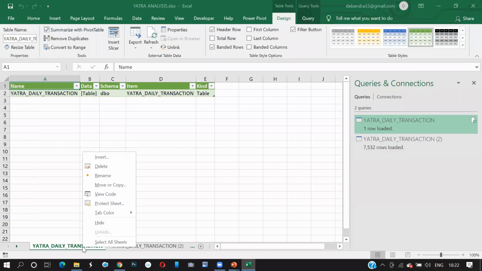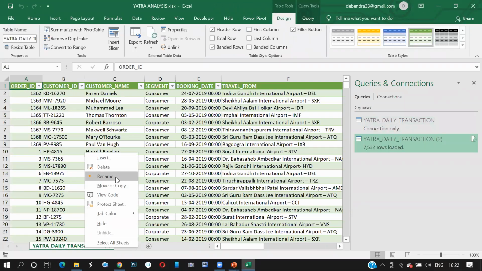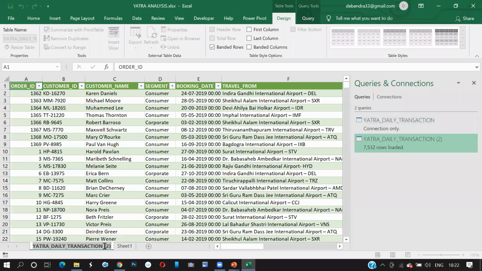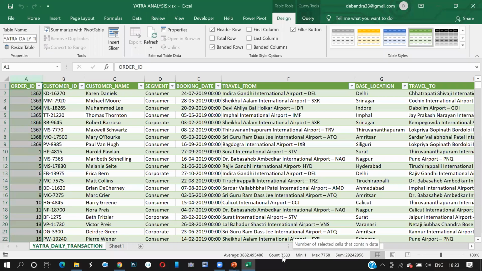This is how my data comes. So I say delete this. So this is all my Yatra transaction data. Now this data is in the database server where I connected my Excel to get the data. How many records are there? Only 7,000 records, 7,533. And what we discussed, Yatra, if you look for the yearly data, it comes in crores. So we cannot manage that in Excel, but I'm just giving a small example here of how to manage small